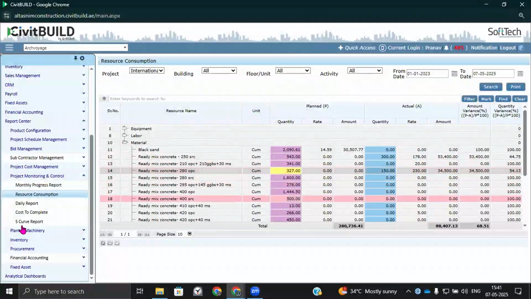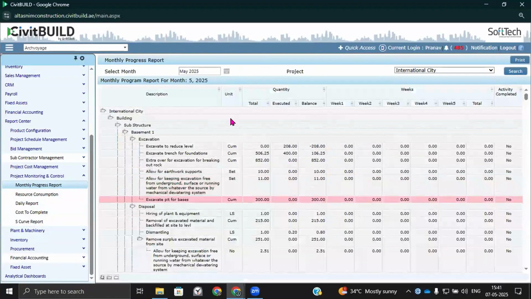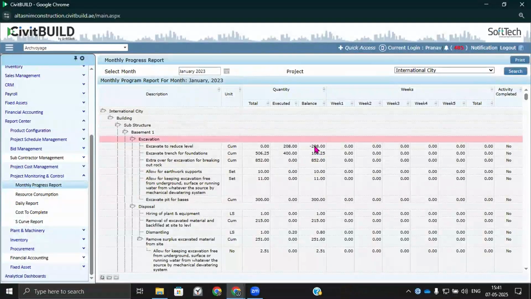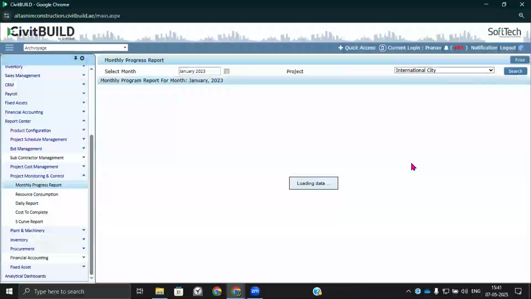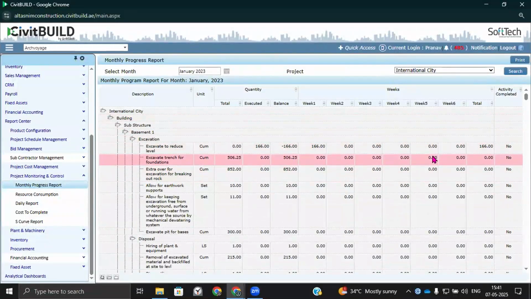There is a lot you can save with the high valued resources based on the analysis or the planning we have done. Daily field report and monthly progress report are additional reports that CivitBuild offers you. Month on month, you can see how your project looks and how your progress looks for that particular project, and get an overall understanding of week-wise progress and overall progress with reference to your planning.